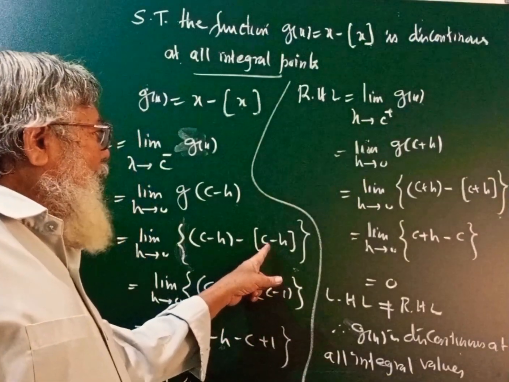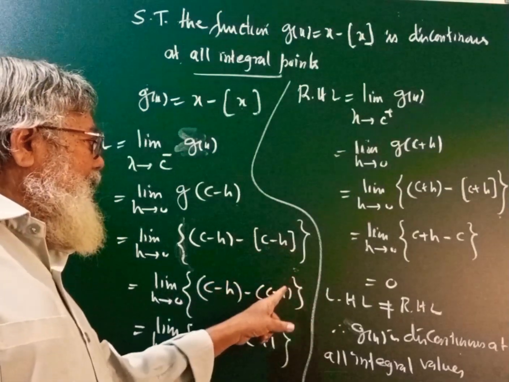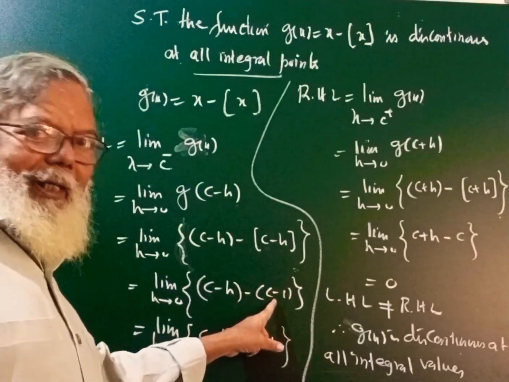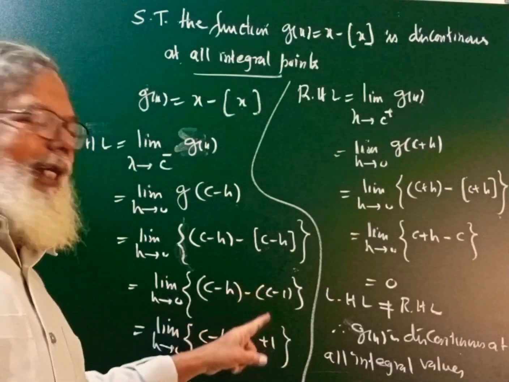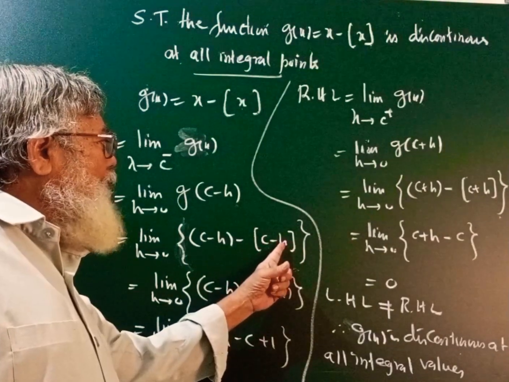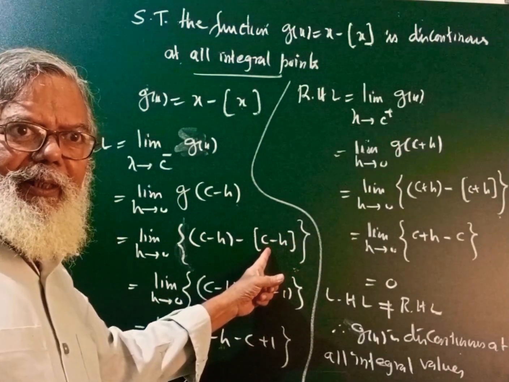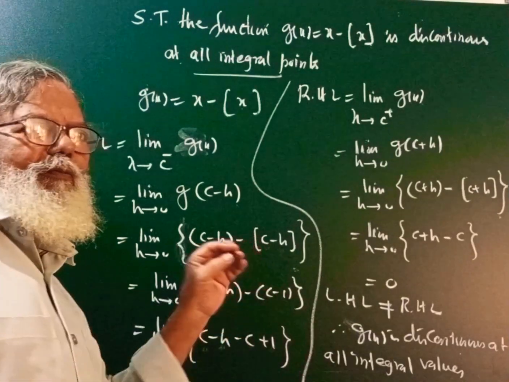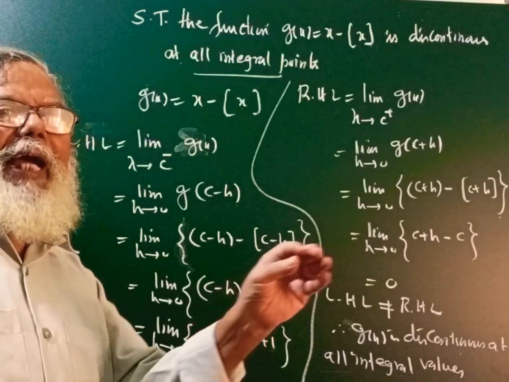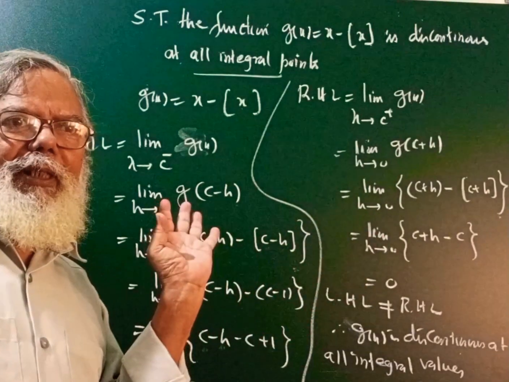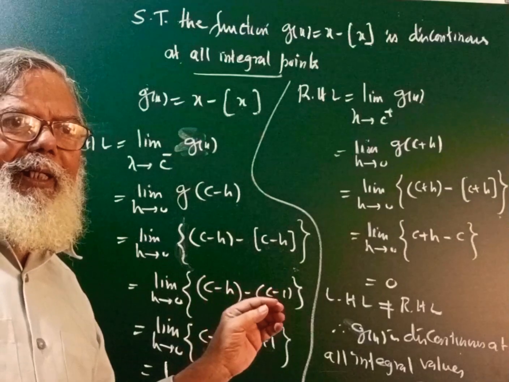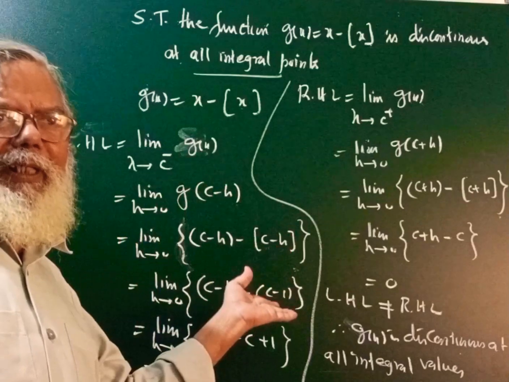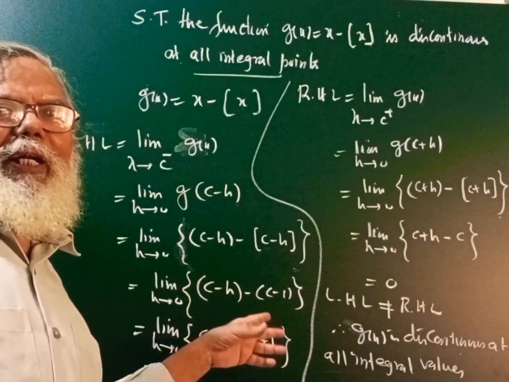Look here. Why is the greatest integer value of c minus h equal to c minus 1? We have to note here, we are subtracting some small value from the integer c. That means whatever answer remains, for example, if you take c as 5 and subtract 0.1 or 0.2 from c, then it will be 4.9 or 4.8. The greatest integer of this is 1 less than 5, that is 4 here. Like that, c minus 1 we should take.